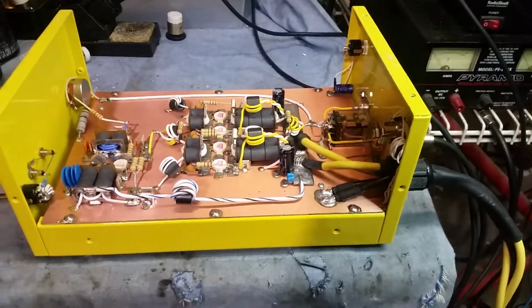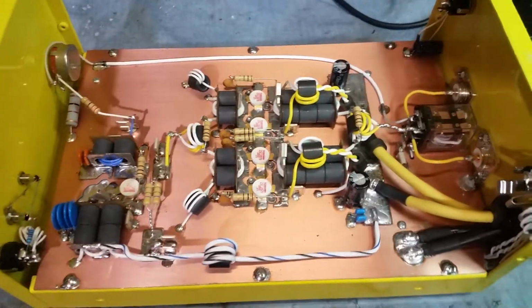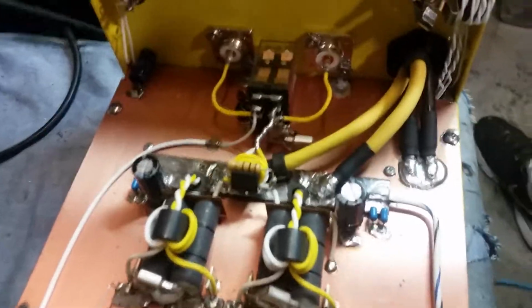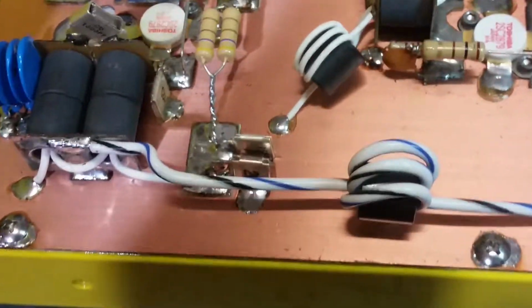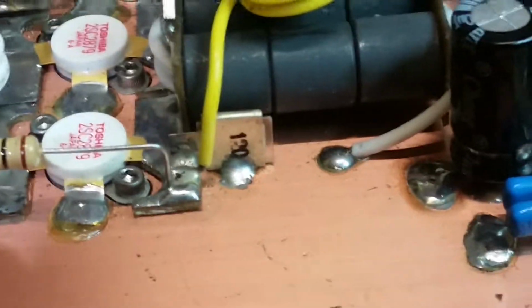So we're going to drive 4 watts RMS into it first, and after I get done showing it working and all that good stuff, I will put the top on it and do one more quick video of it with the top. So we got the metals on there for you on the output, metal on the input, metals on the transformers, the input transformers, driver transformers, the tune for the output of the 1-pill, the 120s. The 120s are all metal, the input tune's all metal,